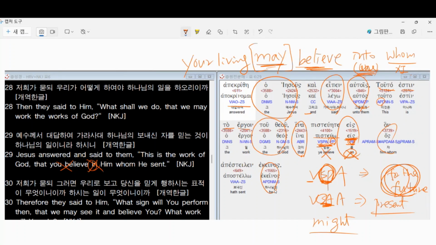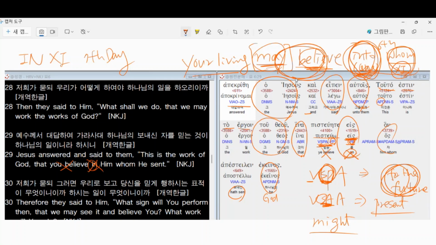And then God. God sent Christos Jesus. So you may believe, because you do not believe right now. You may believe to become one in Christos Jesus. So when you become one in Christos Jesus, then you will be in Christos Jesus in the seventh day, right? The sixth day is the day you are believing into Christos Jesus. But you do not believe right now,